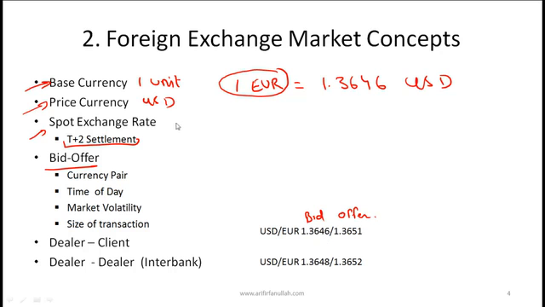Now, in terms of the currency convention, you need to keep in mind that there are lots of different currency conventions, and you need to be very careful given the context to understand what convention is being used. The convention in the curriculum is quite straightforward. So the way this exchange rate would be written is as follows: USD euro is equal to 1.3646 slash 1.3651. So in the curriculum,